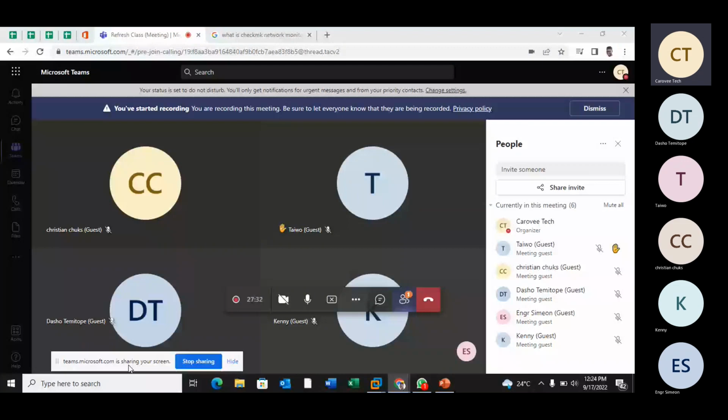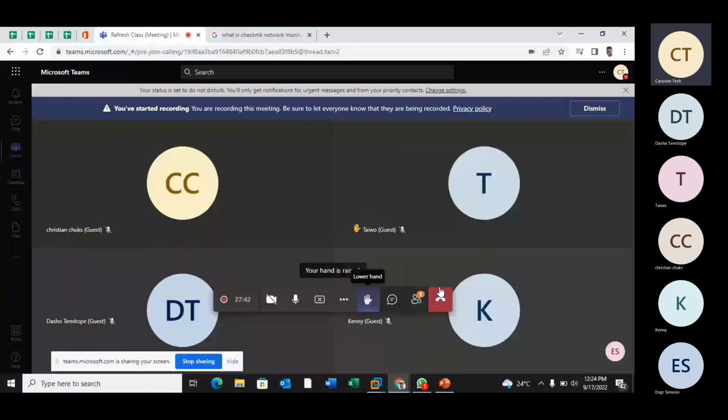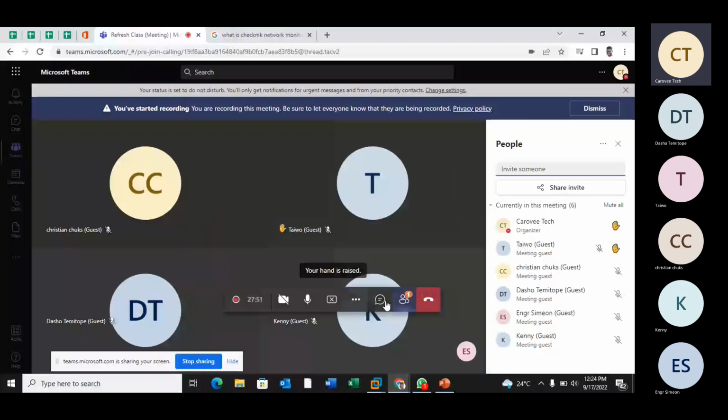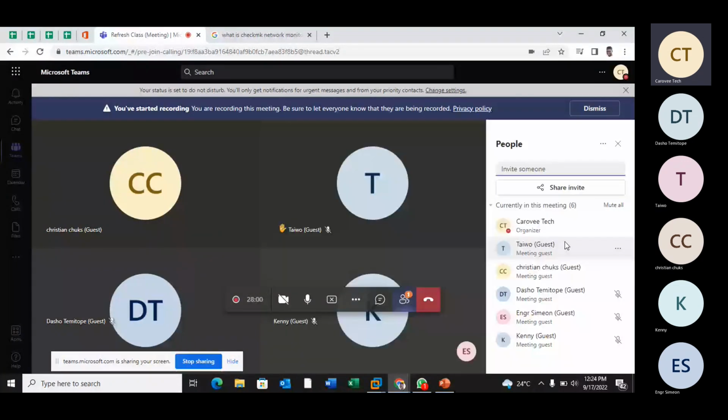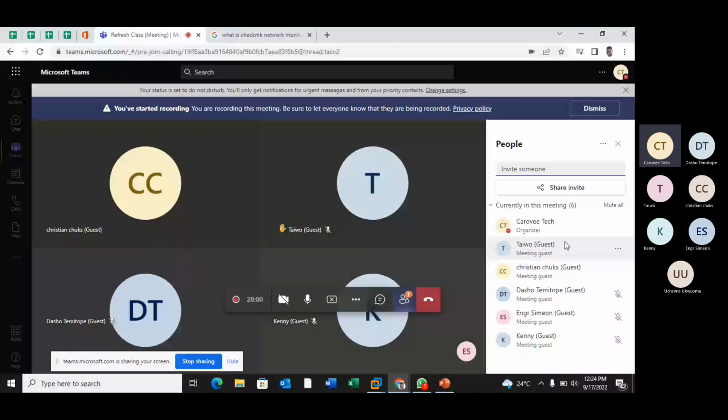Okay? Somebody is raising up his hand. Does that mean you have a question? I can see somebody raising up their hands. Maybe the person is just playing around. Okay, so I want to continue. So we move to the